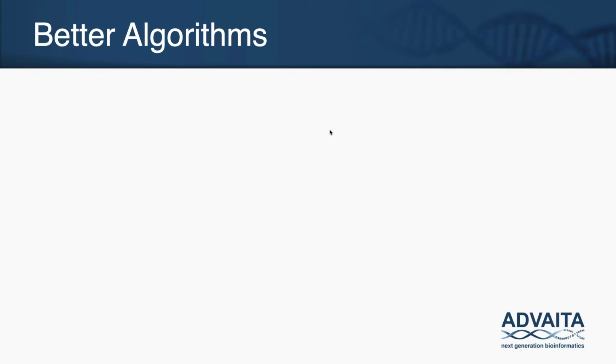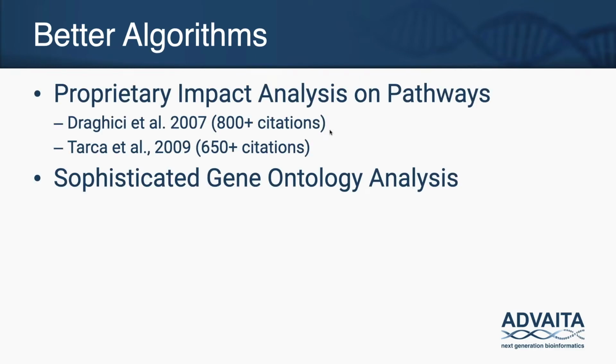The second thing that differentiates us from the competition are the algorithms that we use. The platform was based on impact analysis, which is an algorithm that came out of Serene's lab and has since been cited more than 1,500 times. But we've extended that philosophy, and I'll tell you a little bit about impact analysis in the next slide and